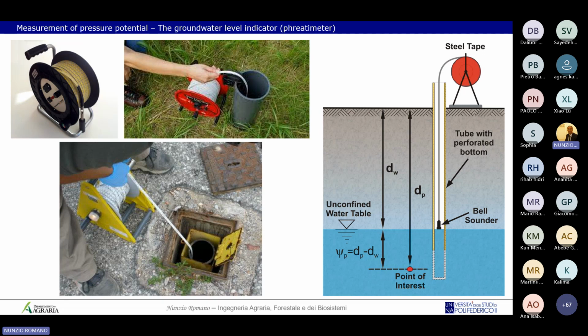When the sounder just gets the water, the bell sounds, and you know that you have reached the water below the soil surface. Of course, this piezometer in the lower part should have some holes, so the groundwater can enter into this tube. This tube is called the tensiometer or phreatrometer,